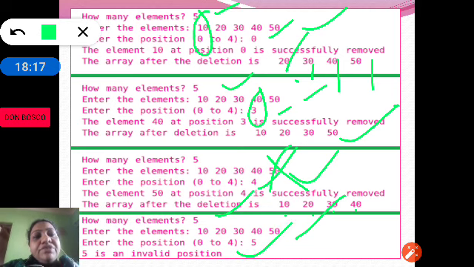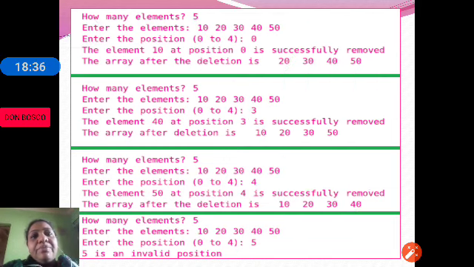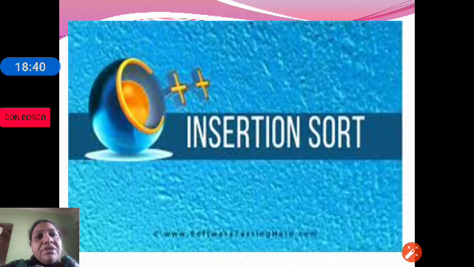So 0, 1, 2, 3, 4. 50 is at the 4th location, but we do not have any element at the 5th position. So we print invalid position and then the program exits. So this is about the program deletion.